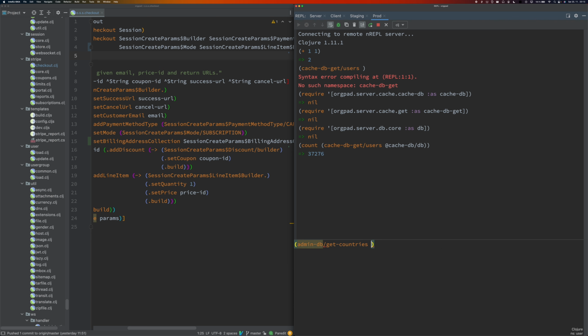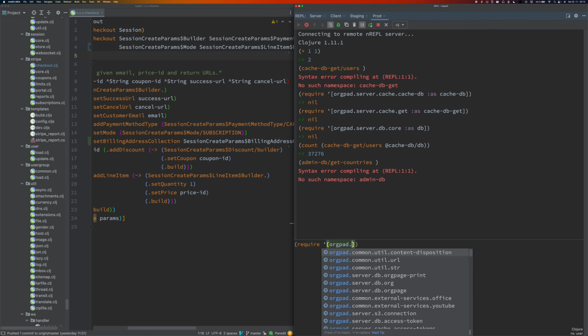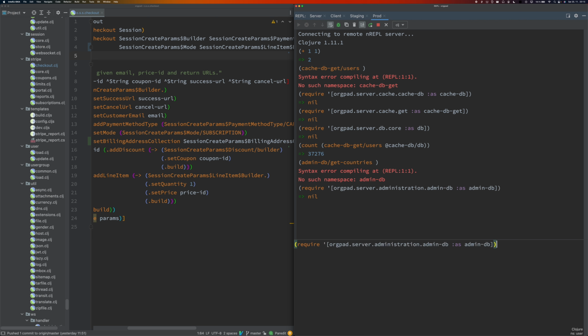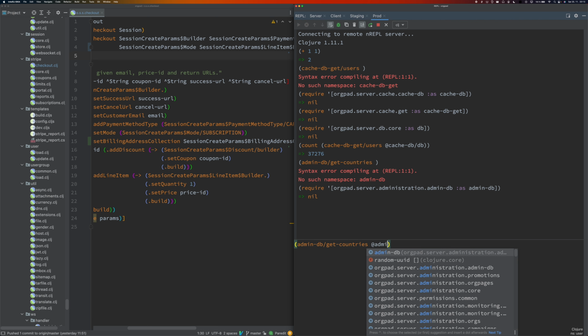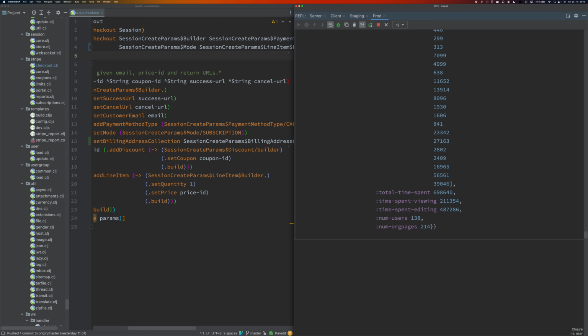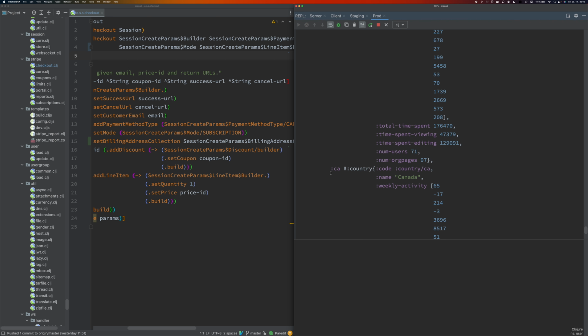Get countries. Yeah, we'll need to require it also. Administration admin.db. So let's get countries. It will print me a lot of data, but it's basically a map where the country code is the key, and then I have some other stuff.